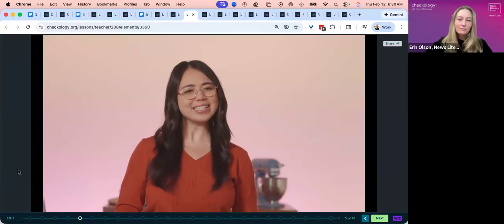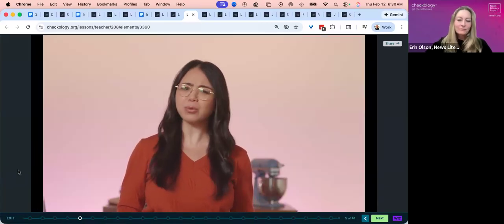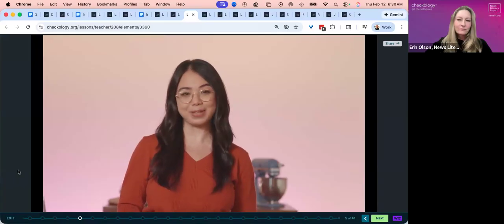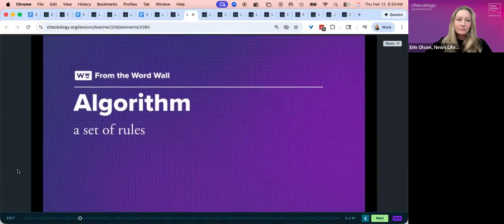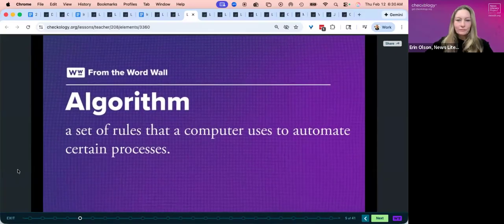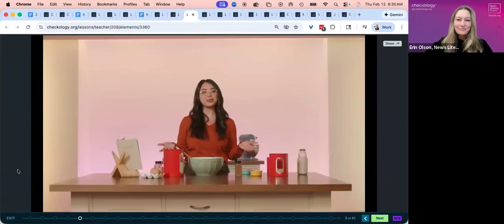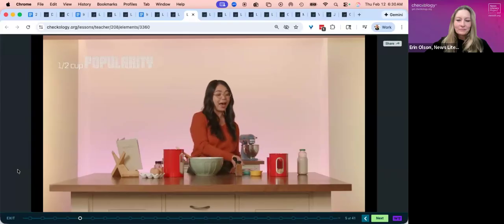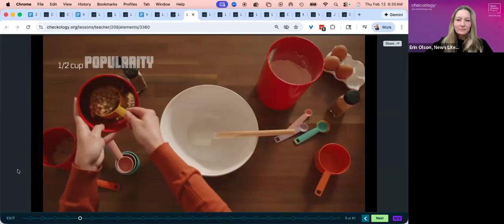Okay, so what exactly are algorithms? How do they work? Well, in the simplest terms, an algorithm is a set of rules that a computer uses to automate certain processes. They're kind of like recipes, a series of steps that a program follows to do a particular job. So let's say I want to cook up a quick algorithm designed to get and keep your attention online. We'd need a half cup of popularity,